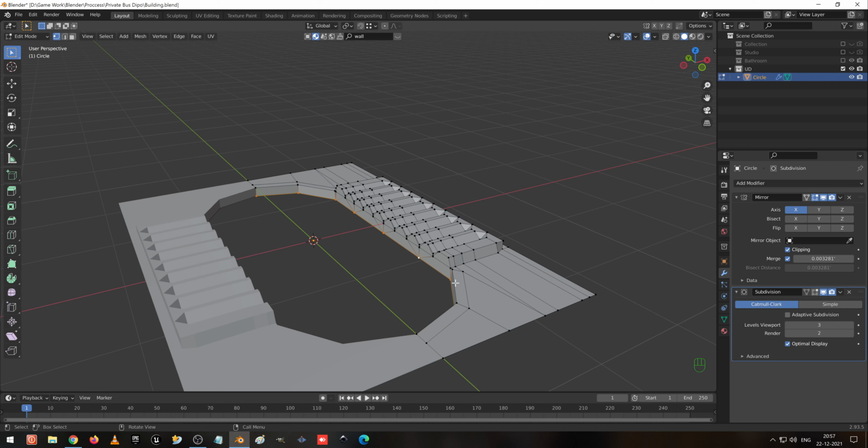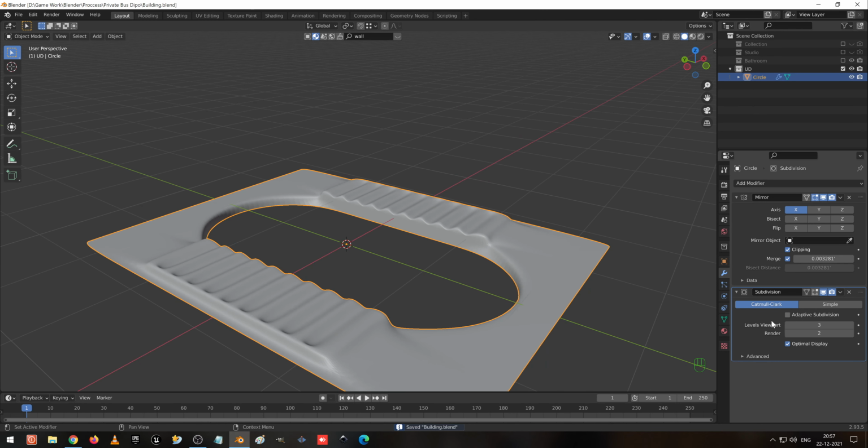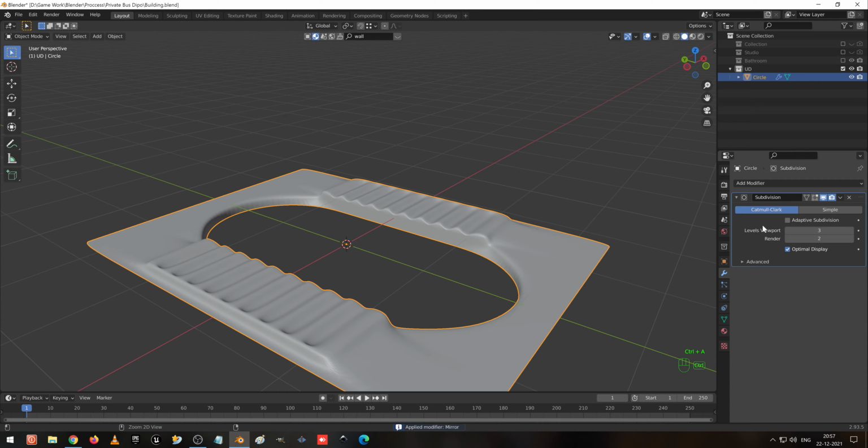So now I go to object mode, I save it once again, and I press Shift Ctrl A to apply the mirror.